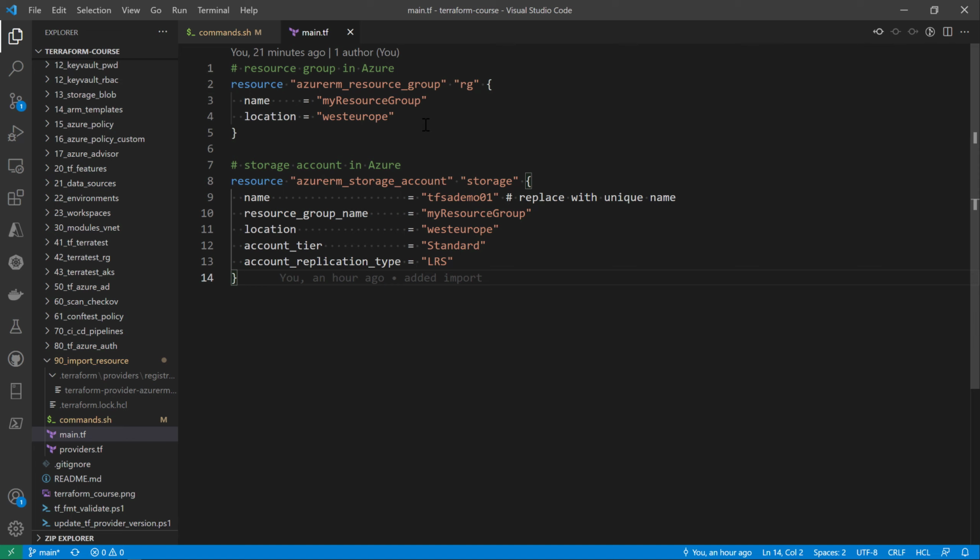So until now, Terraform doesn't support auto-generating the TF files for the TF configuration. So you need to do that manually yourself. So here I have created those resources manually. First, that's my resource group that would have this name that already exists and the location, and also the storage account with all the required attributes like the name, the resource group name, location, and so on.